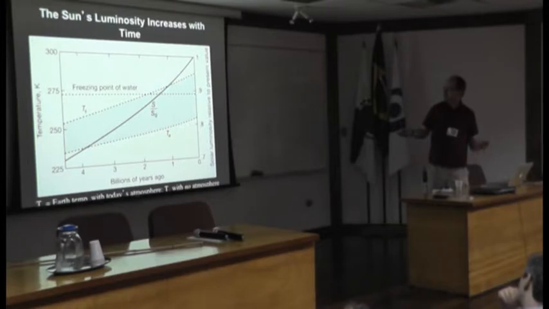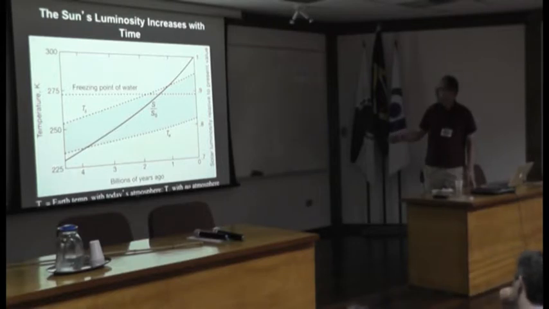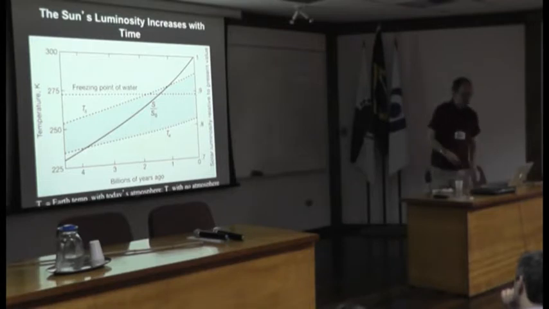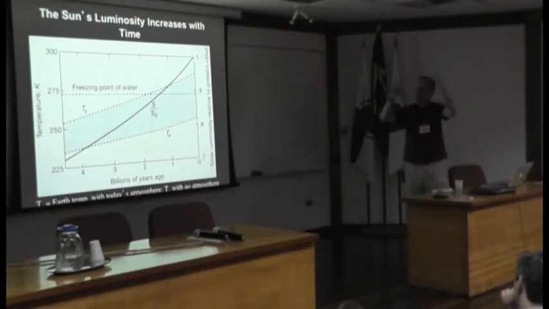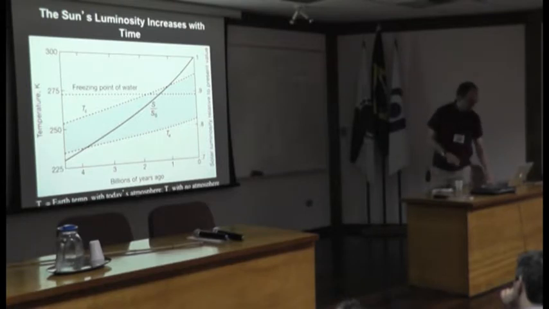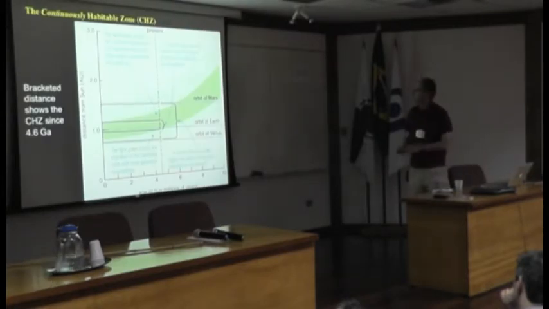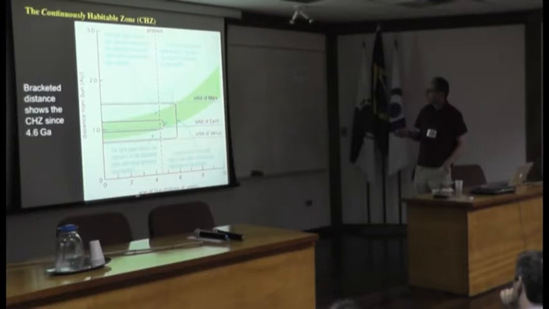But fortunately, it's been continuously habitable, because despite the increase in the solar luminosity with time, it's able to regulate the atmosphere and change its greenhouse effect through the carbonate-silicate cycle. And this plot shows the continuously habitable zone. So Earth has been in it for a while, but if we go further in the future, as the sun warms up,